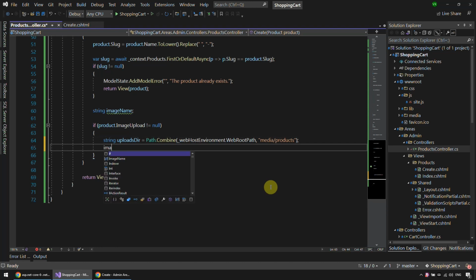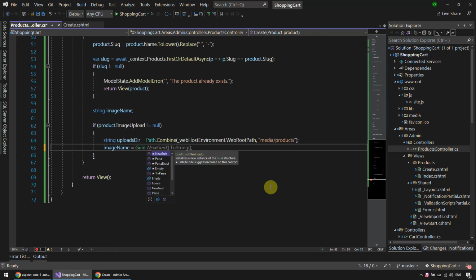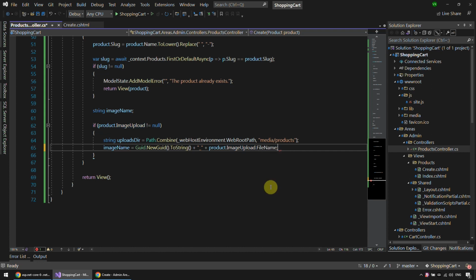Okay, and for the image name, I'm going to append a GUID to the name because I don't want to accidentally delete an image. So I'm going to say new GUID to string, plus underscore plus product image upload file name. Okay,